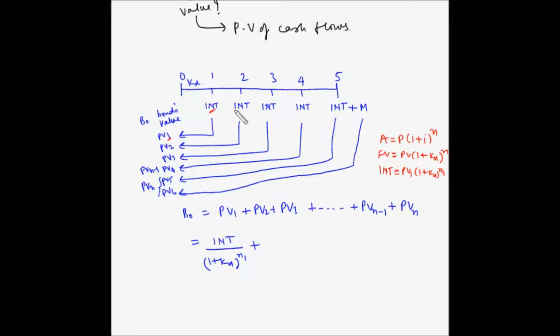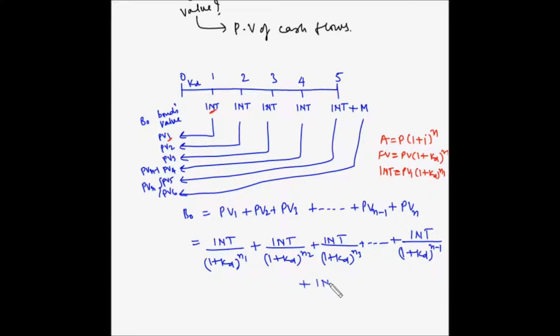Now here we are assuming that all the interests are of the same amount. So PV2 will be INT divided by 1 plus KD to the power N2 plus INT divided by 1 plus KD to the power N3 and so on, plus for PVN minus 1 it will be INT divided by 1 plus KD to the power N minus 1